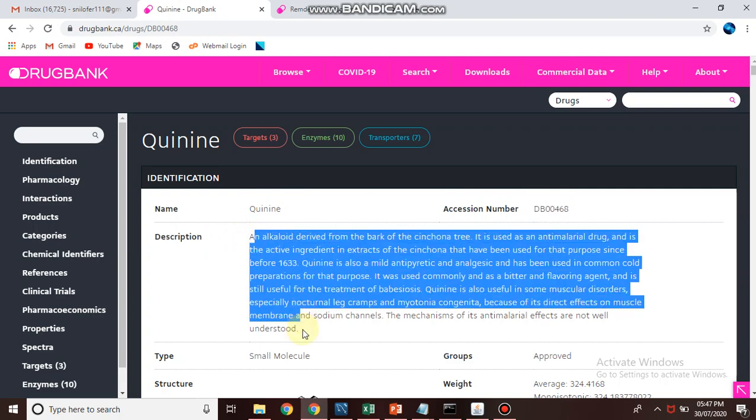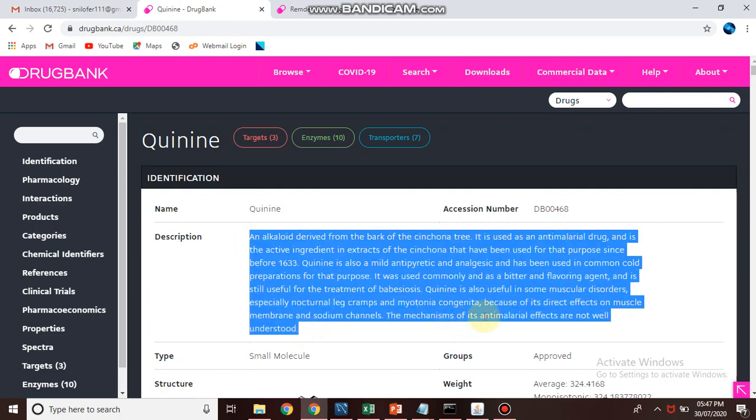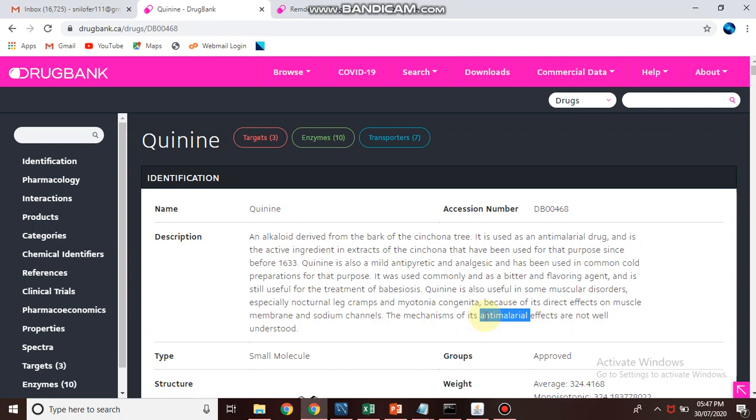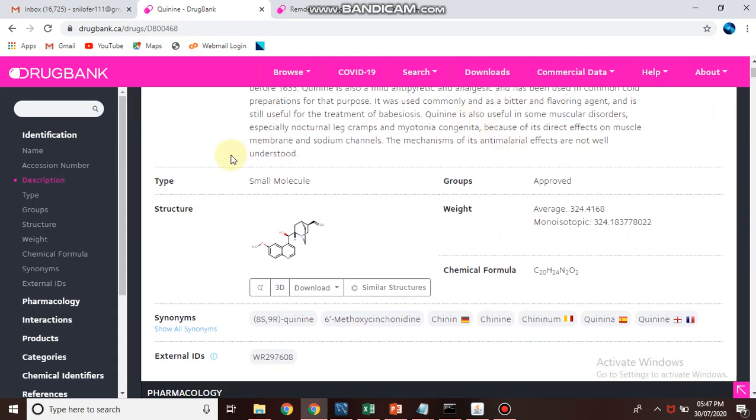From here you can understand the use of the drug and in which particular disease it is used. Here you can see it has a mechanism of anti-malarial effects. So we get the information that it is used in the disease of malaria.